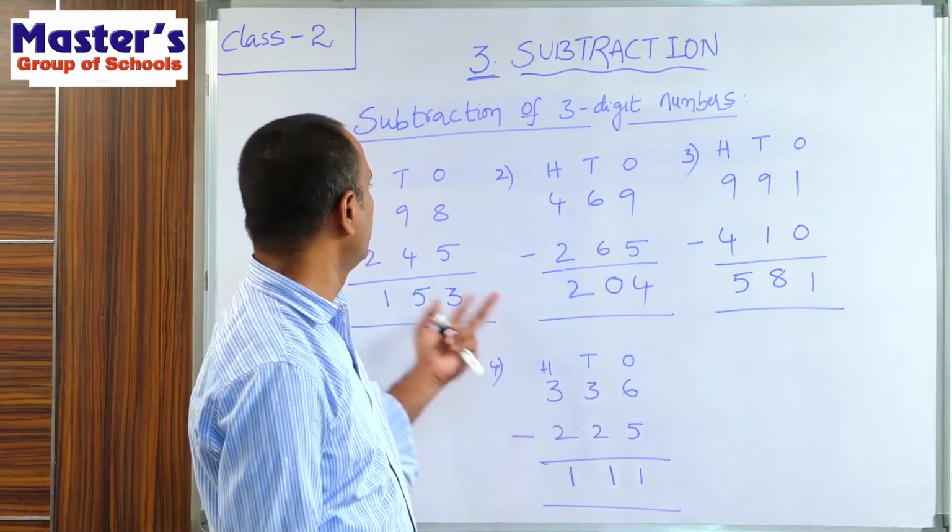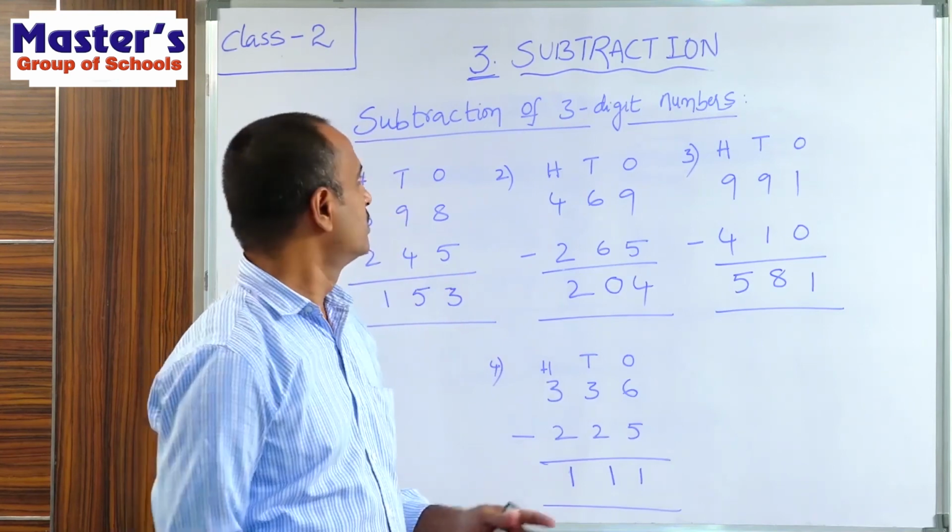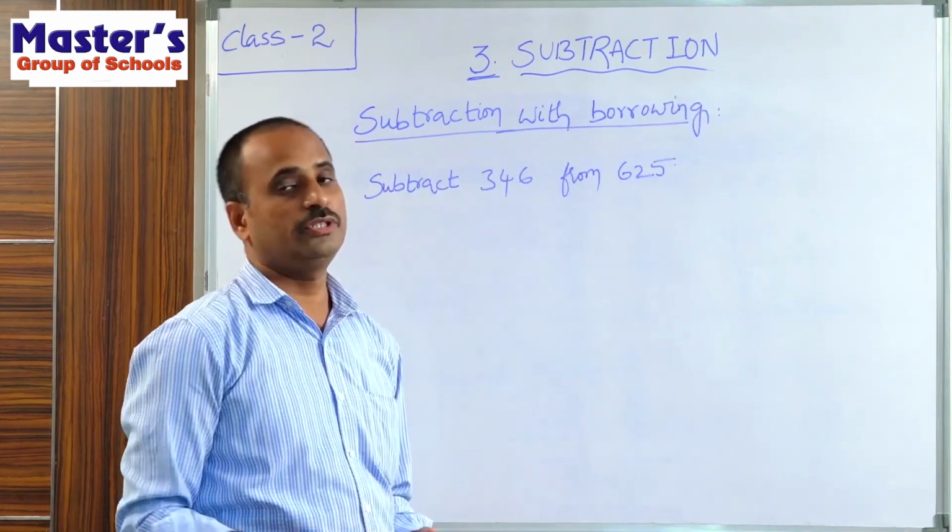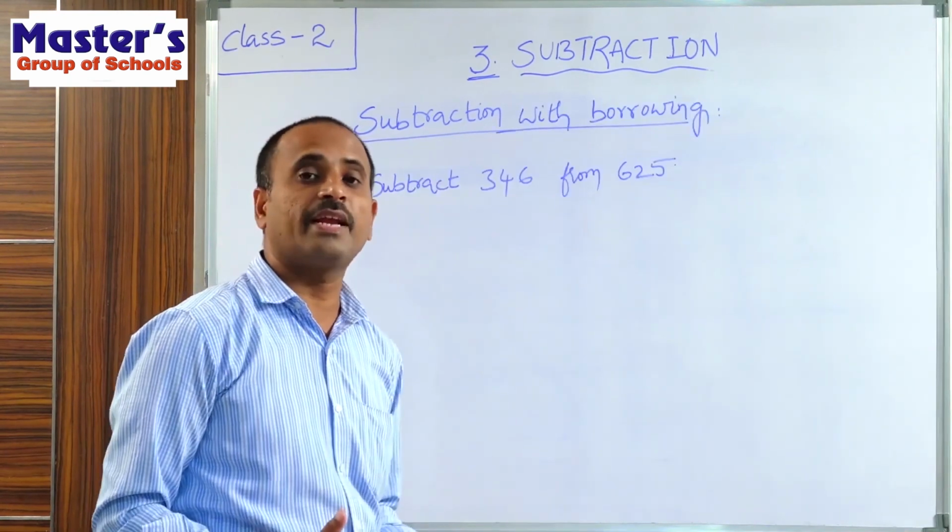So there is no need to get borrowing. So this is the subtraction of 3-digit numbers. Children, up to now we have discussed the subtraction of 3-digit